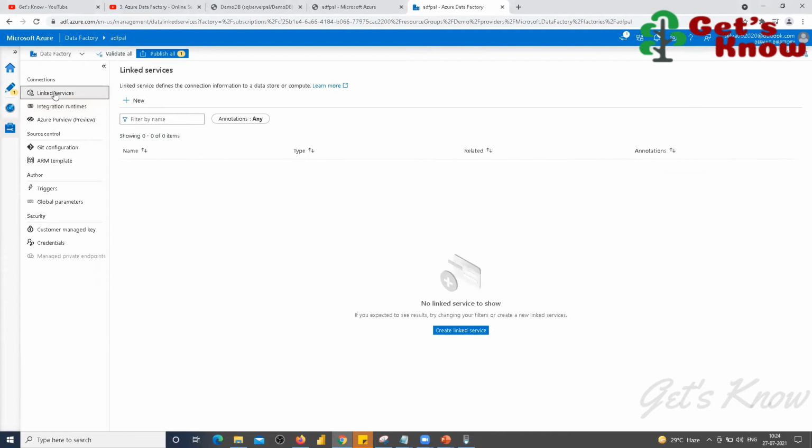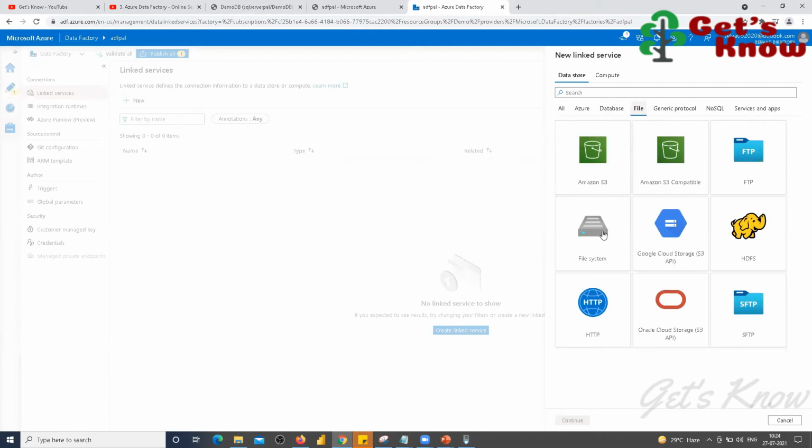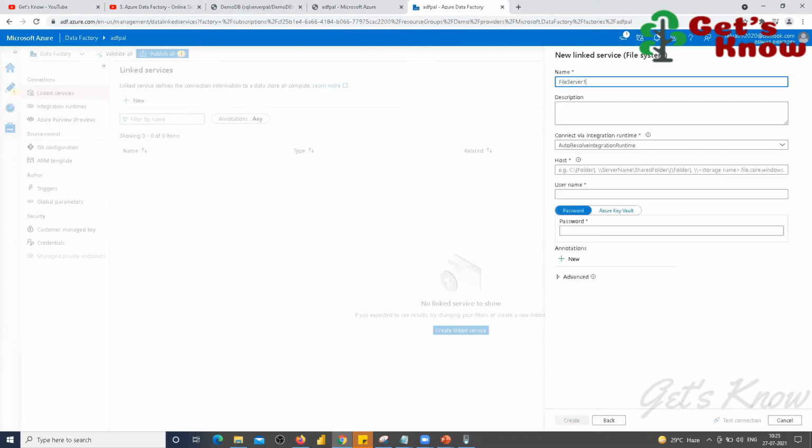I need one linked service for the local database, a local file, and another one for my cloud. So here I'm clicking file type, the file system, then continue.